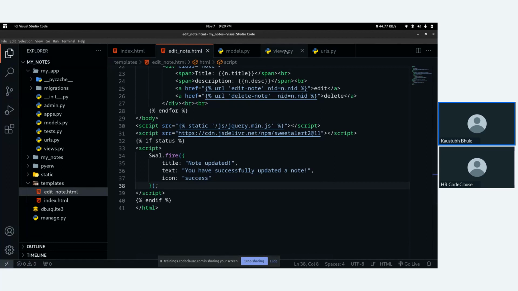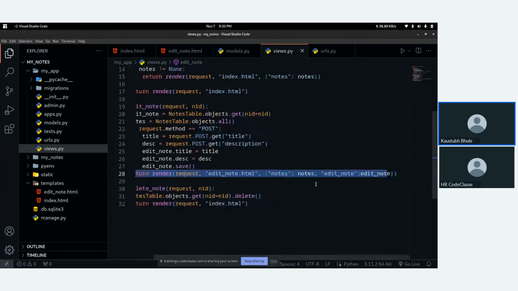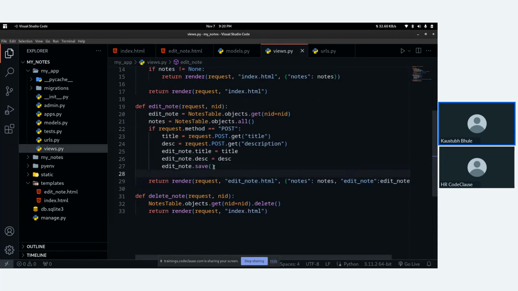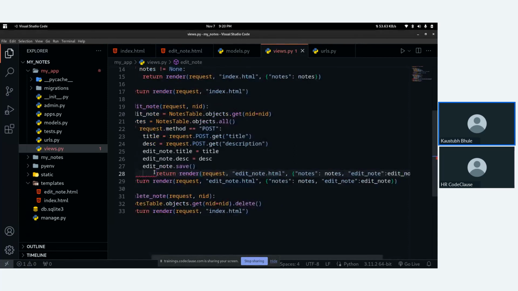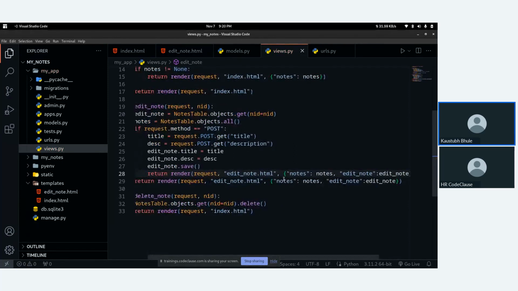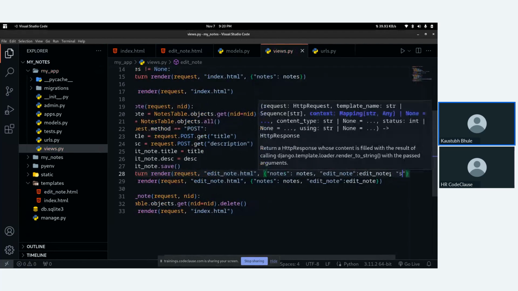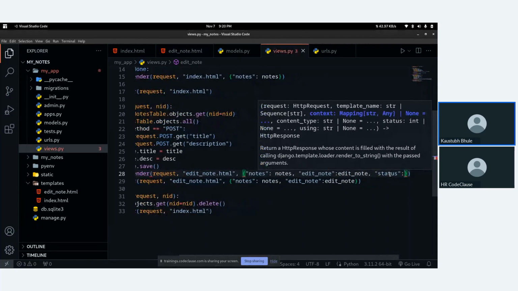Fine. Now on the view section, where I am rendering this page, I will just copy this, paste here, and with all the data, I also want to send a status colon, which is true.